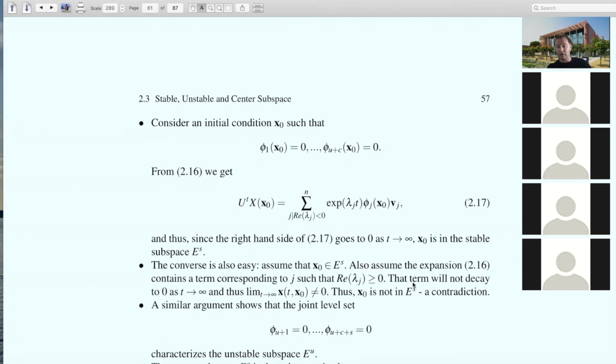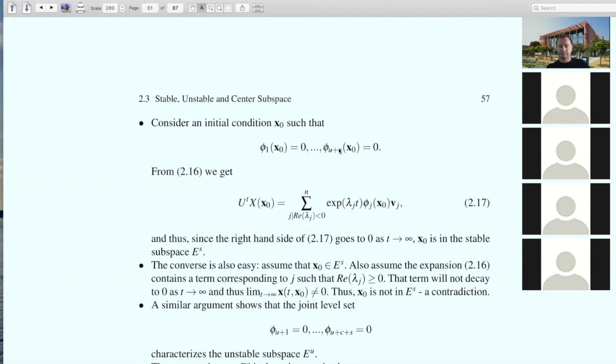And so x0 is not in the stable subspace, but that's what we assumed. So we get a contradiction, and therefore all the initial conditions x0 that satisfy this condition, in fact, give you the whole stable subspace. So instead of characterizing the stable subspace as the span of the stable eigenvectors, you can characterize it as a zero level set of the associated Koopman eigenfunctions associated with unstable and center